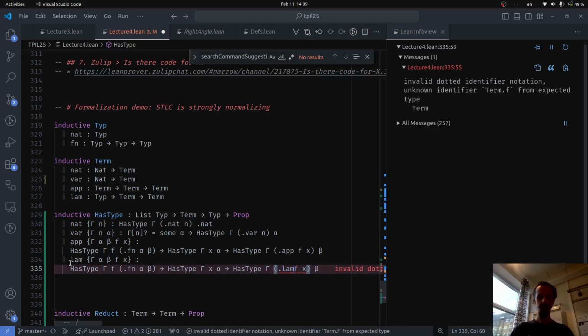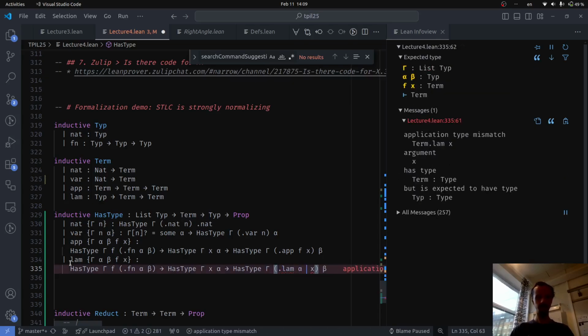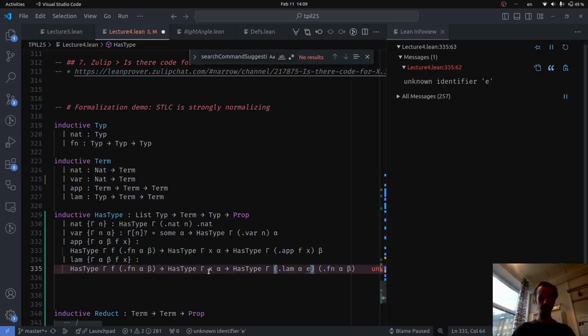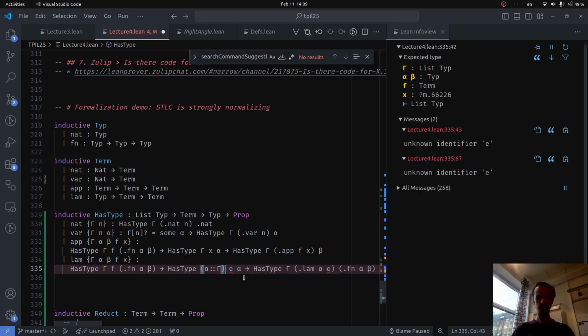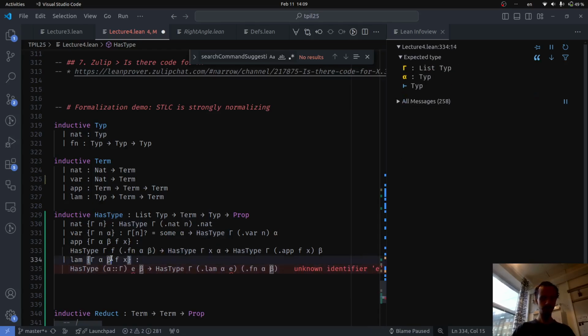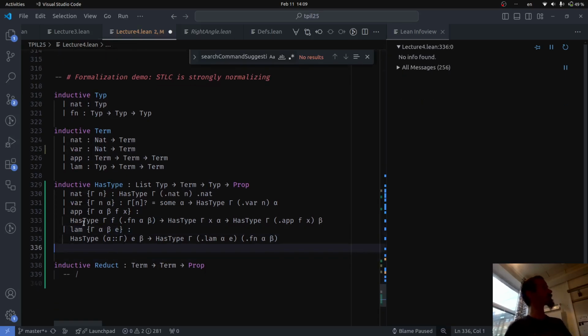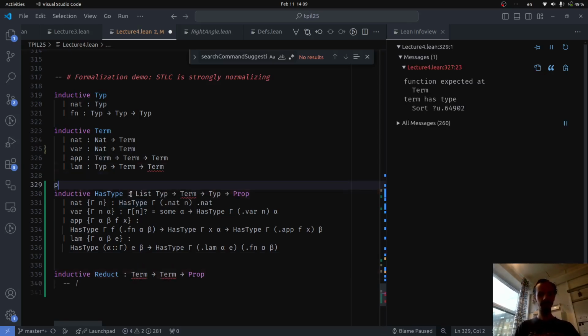And lambdas. So here we want to say that a lambda produces a function on alpha, given that its body in an extended context has type. Okay, so that's typing, and maybe I should actually introduce a notation